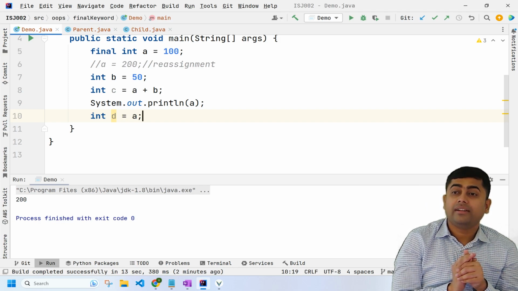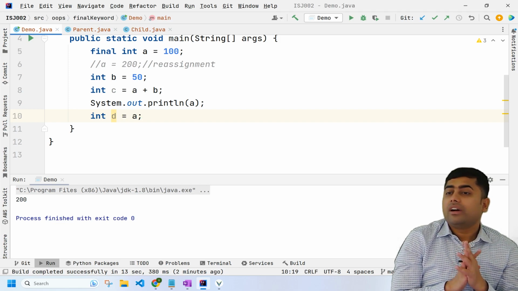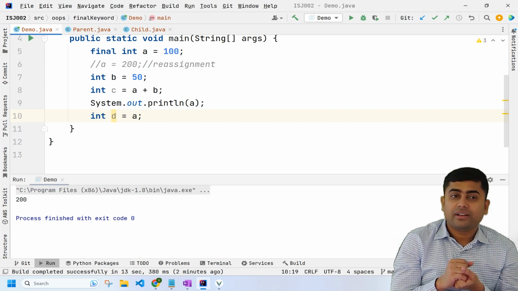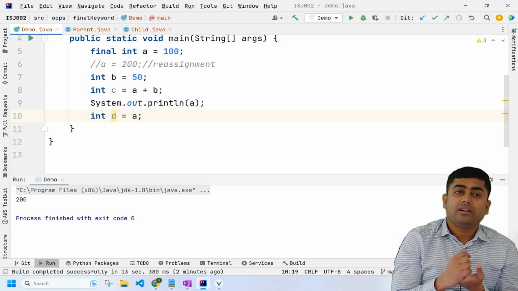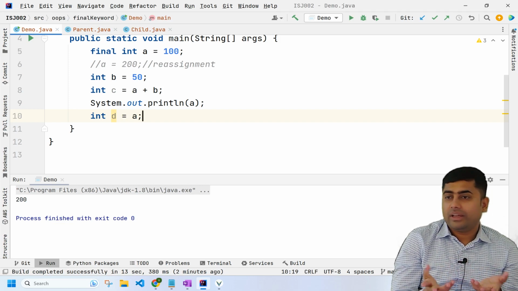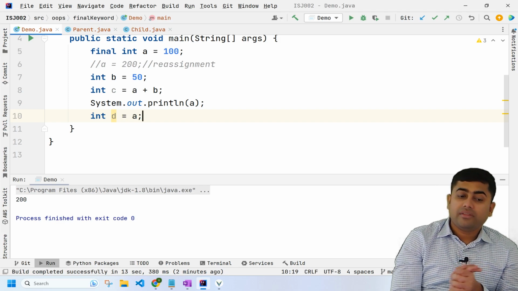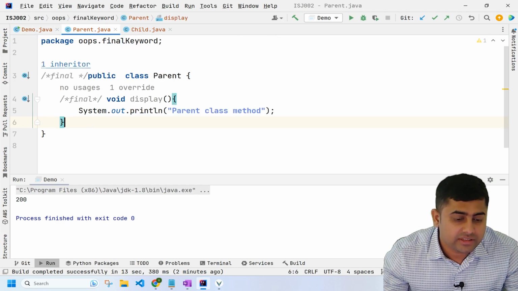Now what are the different types of variables we have? Instance, local and static. Now there we have again two types of variables, primitive and non-primitive. Now if I make a primitive variable final, you cannot reassign. Similarly, if you see this class,